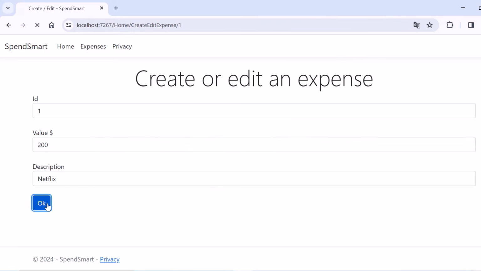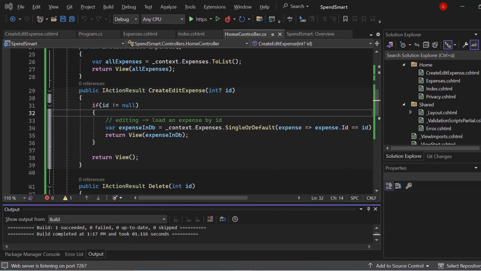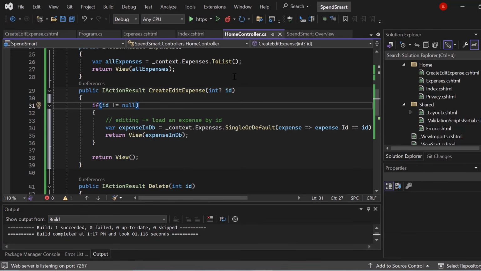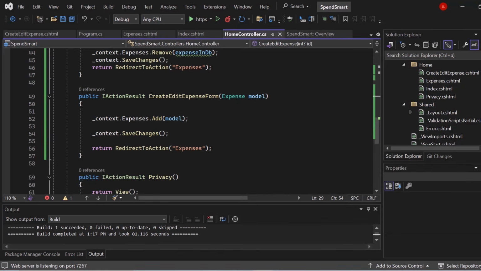So we want to edit it and we want to set it to 200. And now pay attention, if we hit OK, you can see that it's not working. Why isn't it working? Because we already have an item with the ID set to 1. And that's the problem with Entity Framework or SQL databases in general. You cannot have two items with the same ID, right? And where's this problem coming from? Well, take a look here. We're just always adding something,